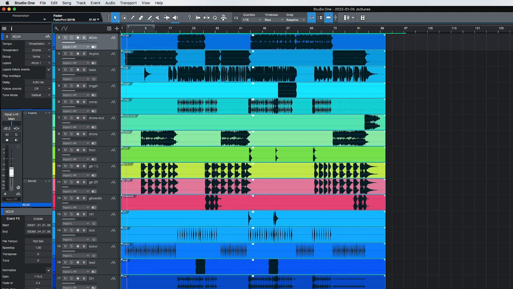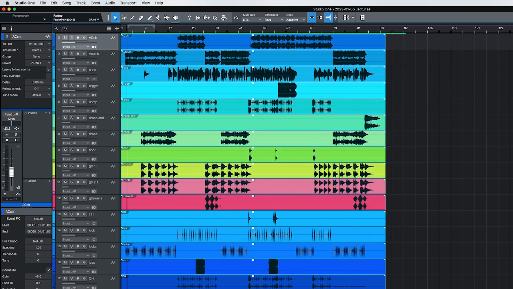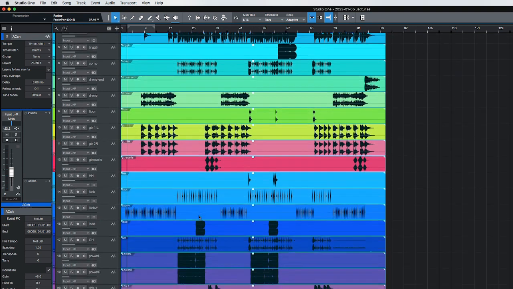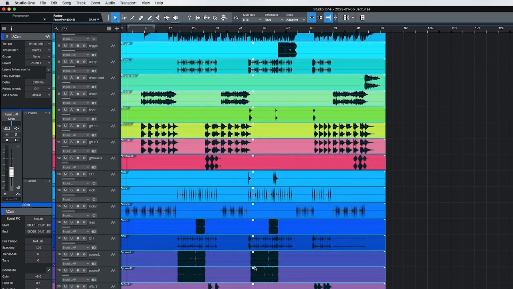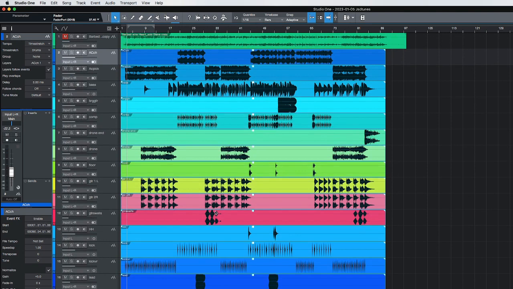But let's just say let's crank this up like 5 dB, and you will get tracks that look like this. And then you have no room for mixing, because these tracks are so hot when you get them that everything is already at 0 or it's going over 0. So let's just go back